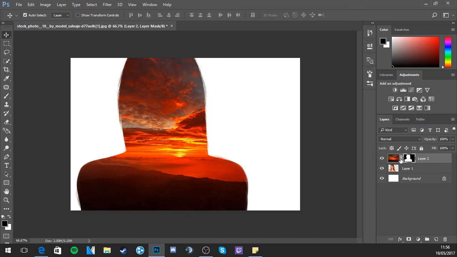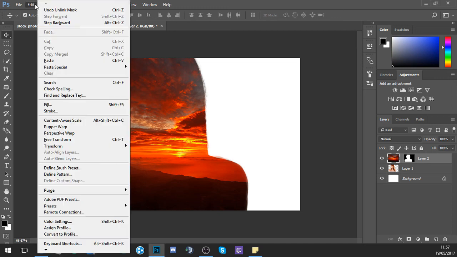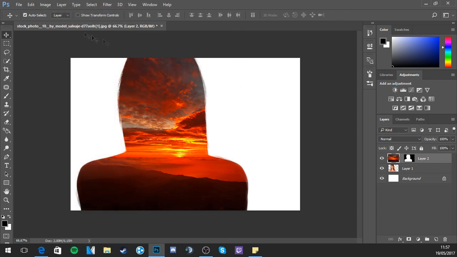Right. Now we need to unlink them and select this one. Right, and now he's done it the long way. He went edit, was it edit or was it image?